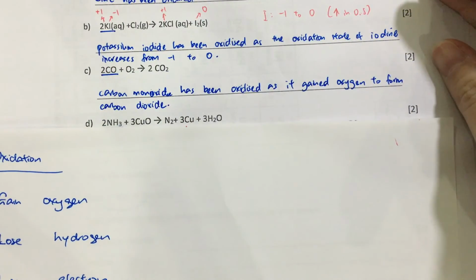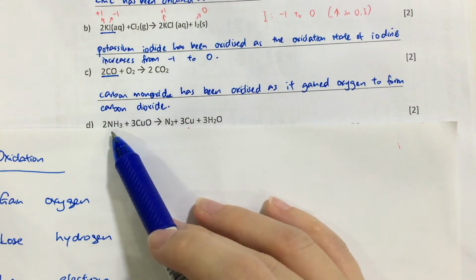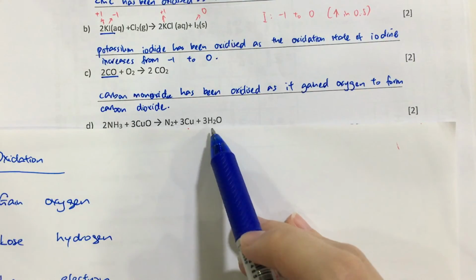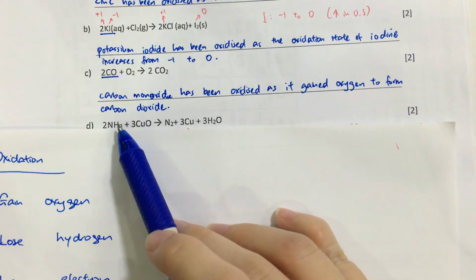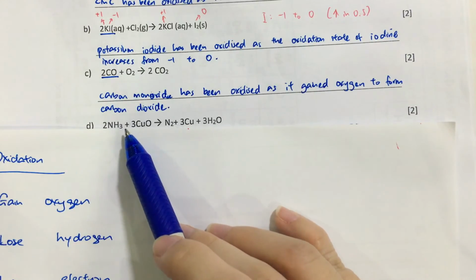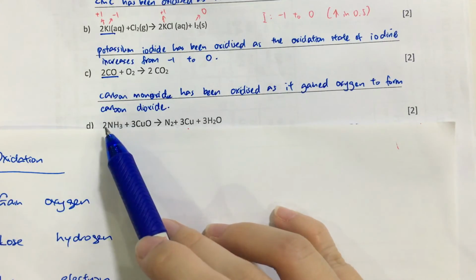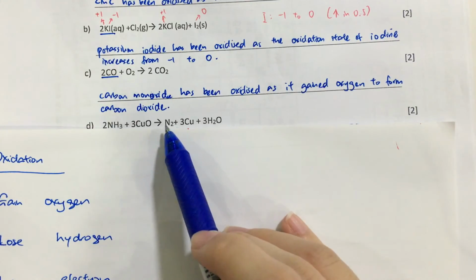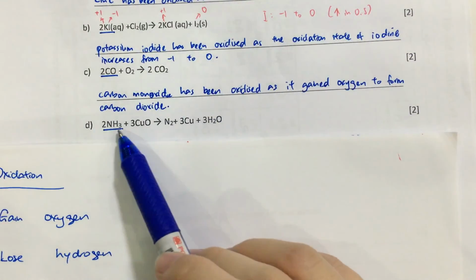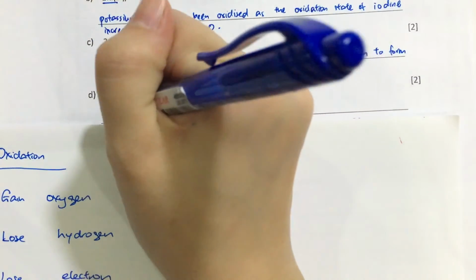Okay, and our next one here. So here we have NH3 and so on. If you observe, you may see that this has lost hydrogen, right? Because the only partner of hydrogen is nitrogen, and it appears only here, and it looks like it has lost that hydrogen. Okay, so you can underline it, then you will write down